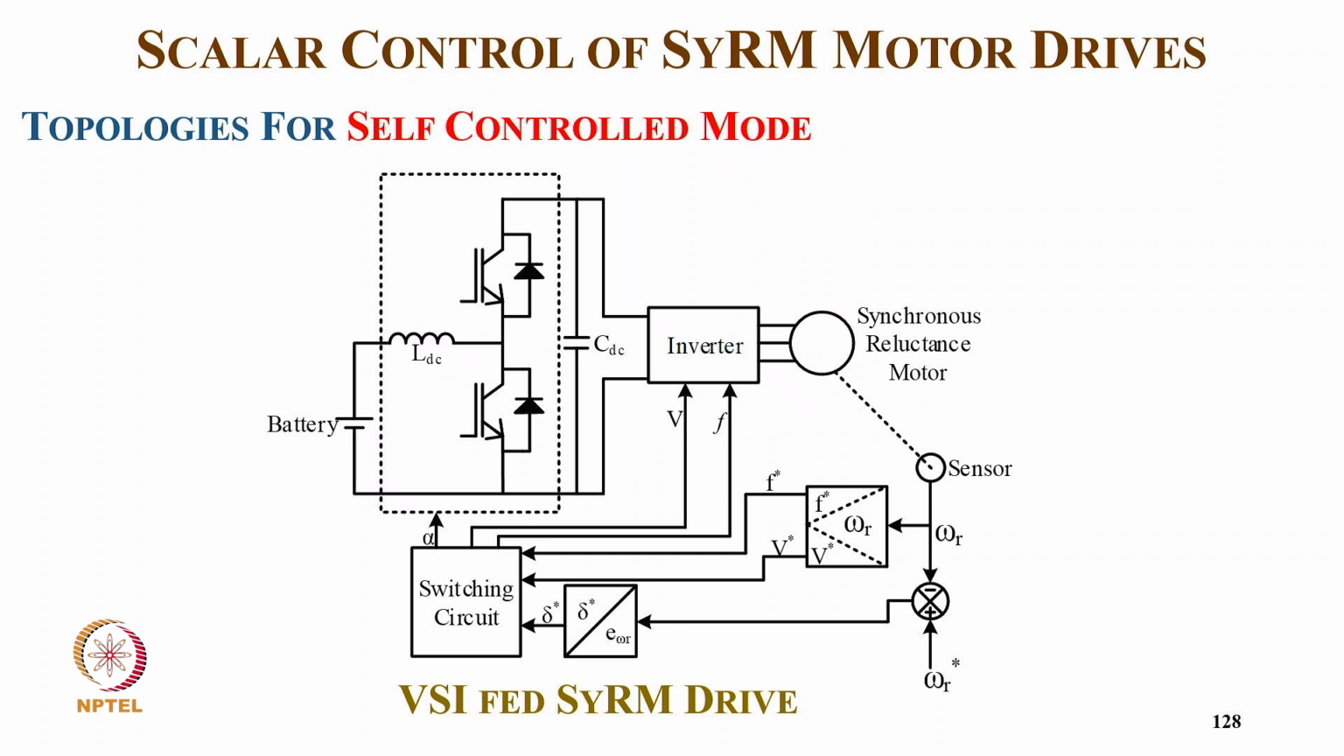Coming to the self-control mode, we have a battery again with a buck boost converter. With the sensor, we have a speed, and that speed is compared with the reference speed, and that error is converted to the power angle, delta omega R, and from omega R we are able to get the frequency and voltage, which are given to the switching logic along with the delta, and